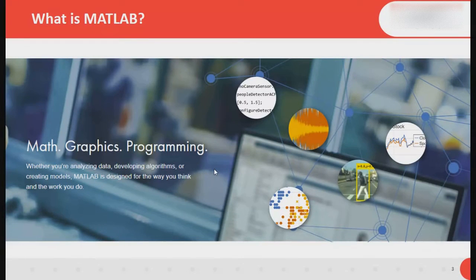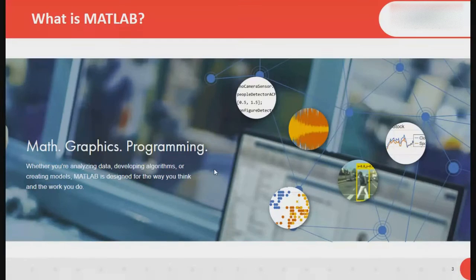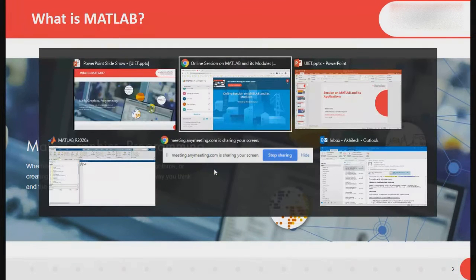Two things you need to know in MATLAB: what you can do with MATLAB, and how to get help in MATLAB. How to get help? Why I'm saying this, because for each and every function in MATLAB we have documentation. Okay. Next,